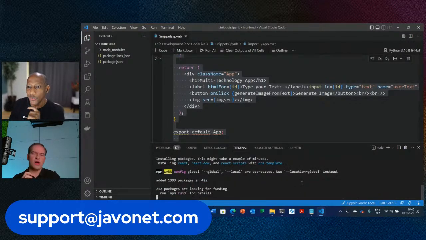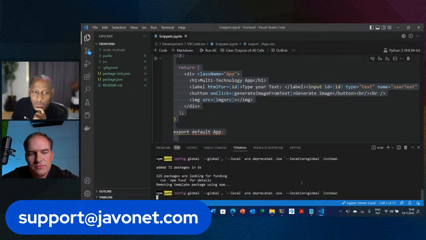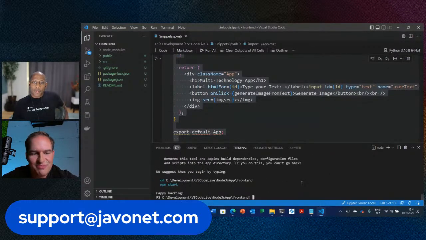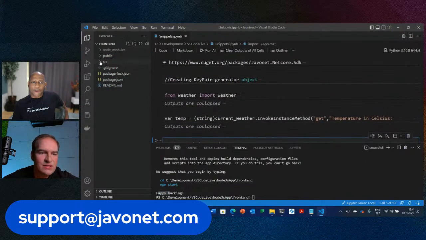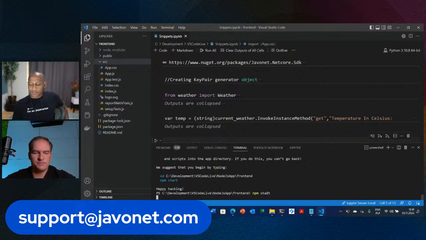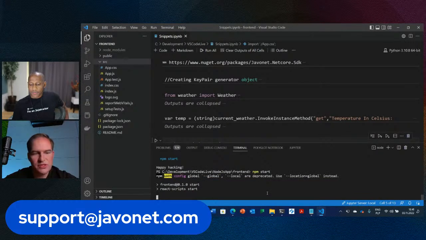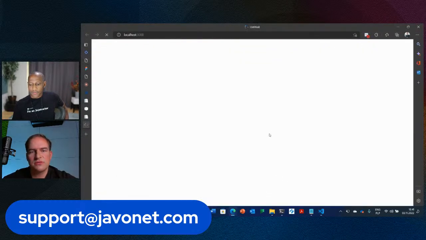Yes, we need to give it a while for the .NET to bootstrap the React application. That's the longest process, I believe, from those that we have prepared for today. But it says happy hacking, so we are on a way where we can start using it. So let me just write npm start and check if we managed to create a React application. So it's loading.